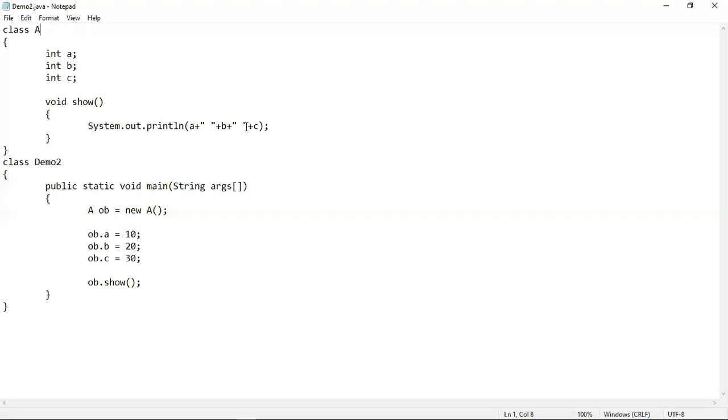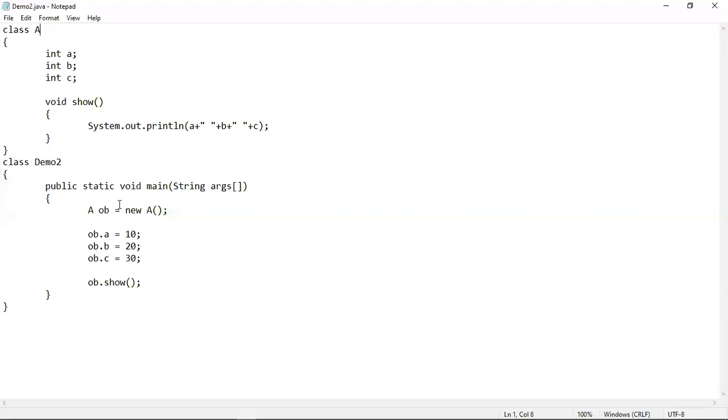That's why we don't need to use any object in order to access them, because show is a member of A class, and the three variables that we want to print are also members of the A class. That means we want to access the variables A, B, and C from inside A class, and they are members of A class itself. So we don't need to use any object in this case, because all four things are encapsulated inside the same class scope, which is class A.